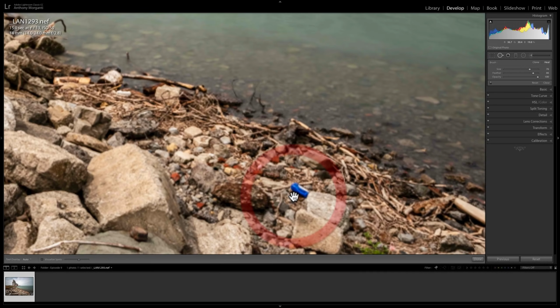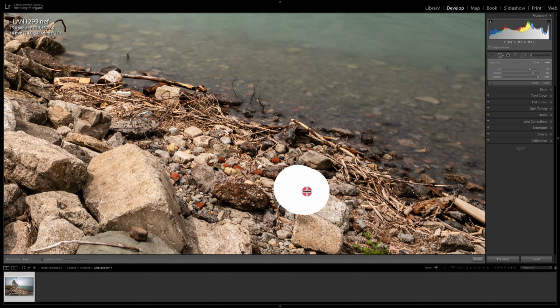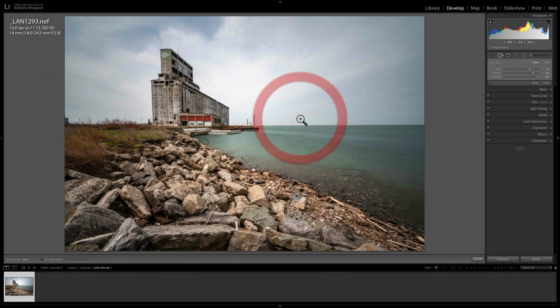I'm going to zoom in. I'm going to hold the space bar in and click on this. And I'm going to go to clone mode for this demonstration. And I'm going to just draw like right there, like that. And you can see I sampled down here, and you can see it looks horrible, right? So I'm going to zoom out by holding the space bar in and clicking with the left mouse button. And I'm going to drag this somewhere that I think might look a little better. Like right,